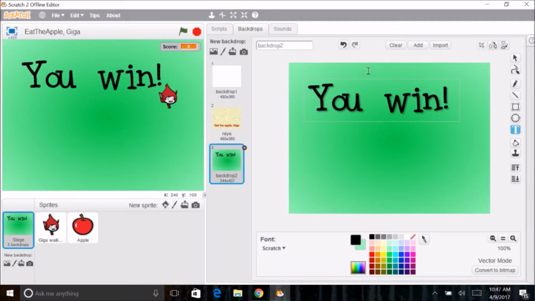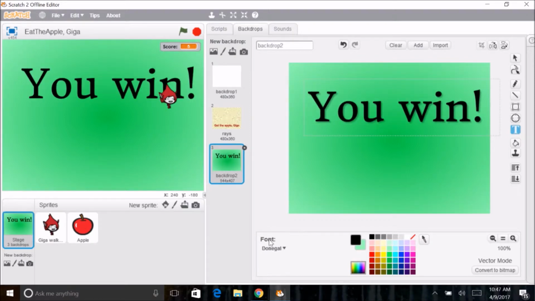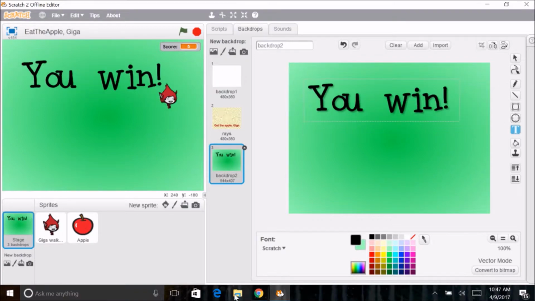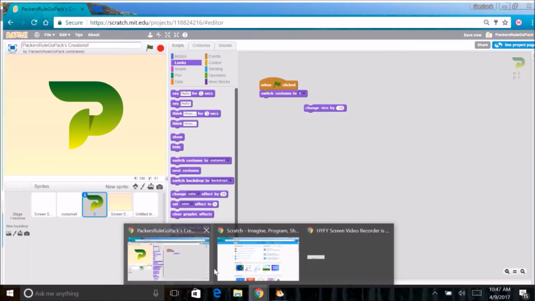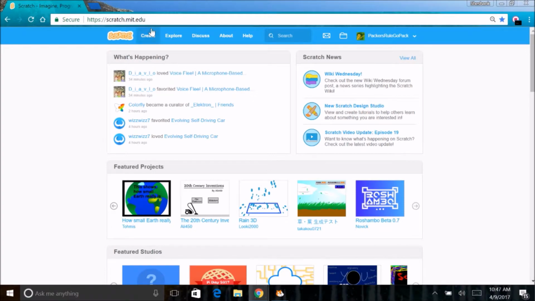I'm going to use the Scratch font, but you can choose whichever font you like. If you do not like any of these fonts, and you're like me, I don't think any of these fonts are very good other than this one. This one, I think, is pretty good. But if you do not like any of them, then